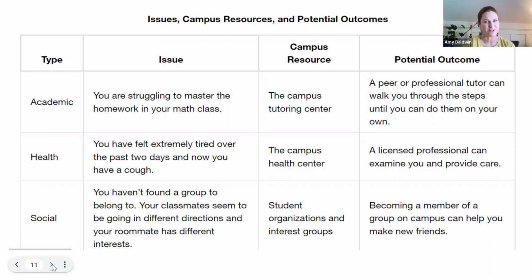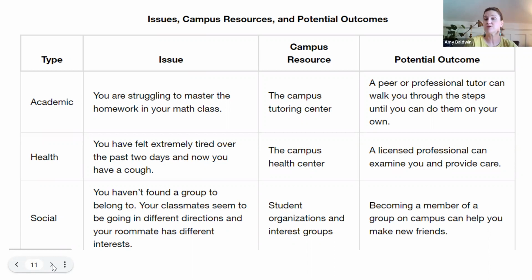So I'm going to give you a couple pointers. One is the more specific of an office that addresses that issue, the better. And the more information you can give about a particular person or office, the better. And you might spend some time making sure that whatever you quickly searched for actually does what you think it does. Okay, so be mindful, spend a little time, dig a little deeper,